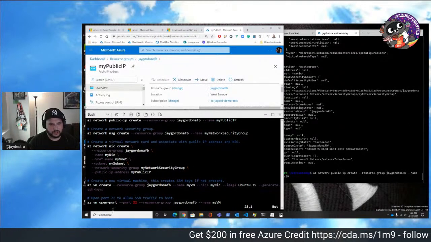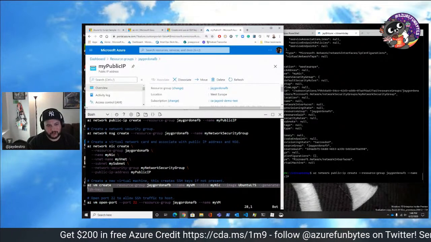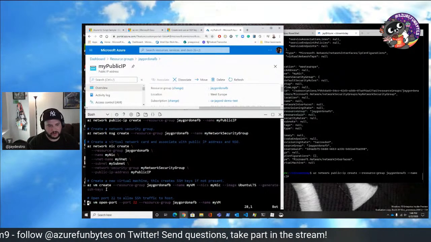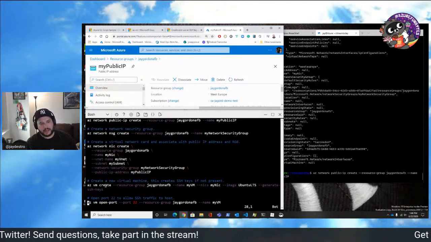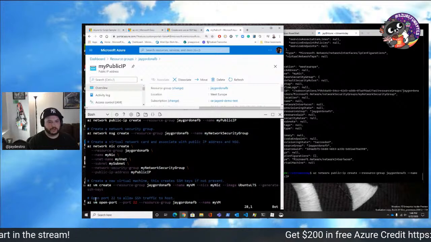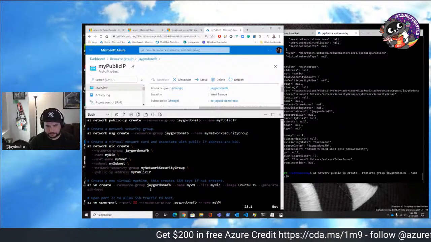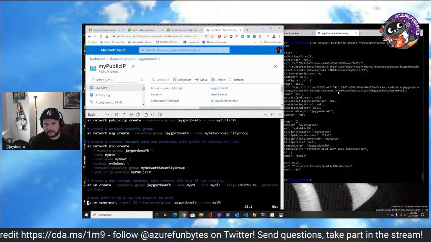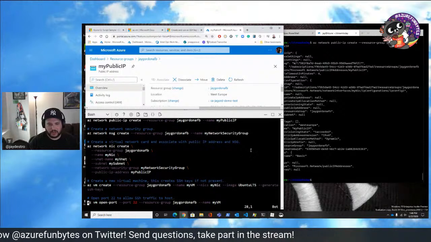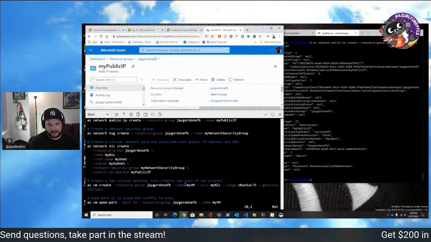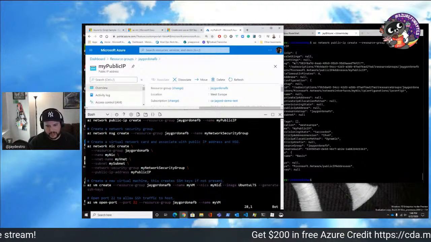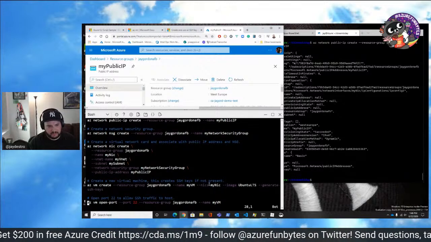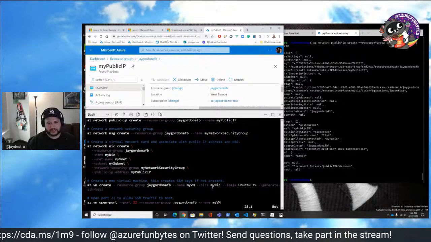So once that's finished, the next thing is just to actually create the virtual machine. Let me talk you through what's going to happen. So az vm create, the VM applet has a create function, and that create function allows you to specify a resource group, which in this case is the one we created. There we go. There's our IP address allocation, so it's going. Then our name, myVM, which is the name of the virtual machine I want to create. The NIC, the network interface card we created right here. We gave it a name, myNIC. There it is, myNIC. So we're going to attach that.